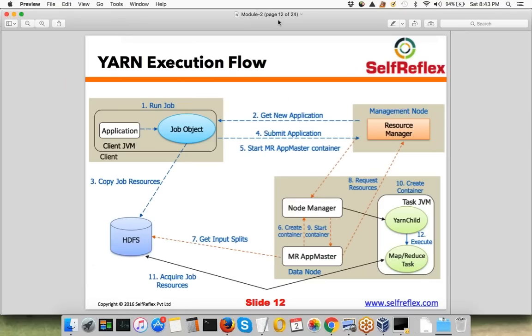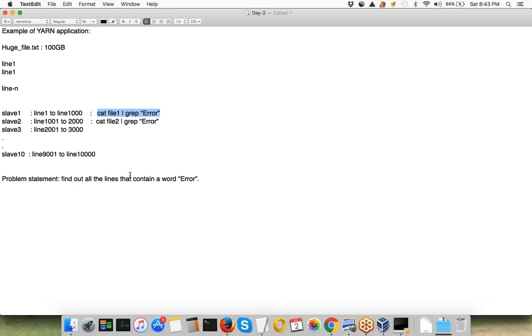All right, guys, so we just talked about an example here, where we have a file which contains a lot of lines, and we assumed that these lines are divided into blocks. Every block would contain some number of lines, and they are present on different slave nodes. Now our problem statement is to find all the lines that contain the word error.